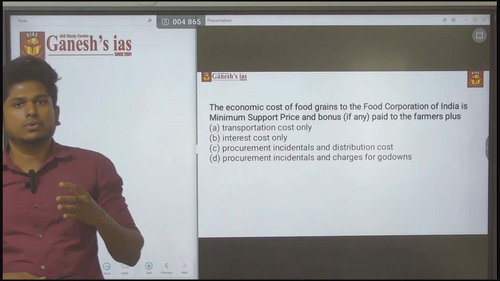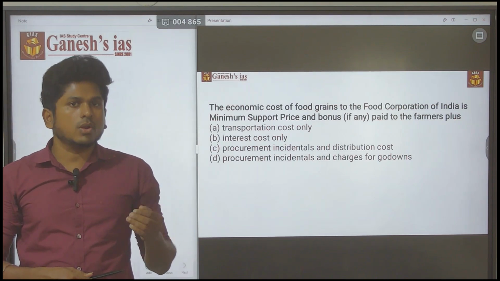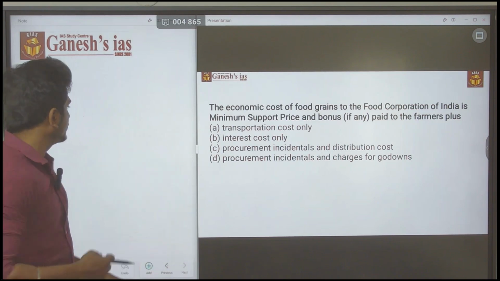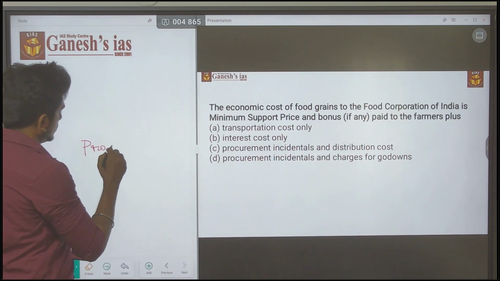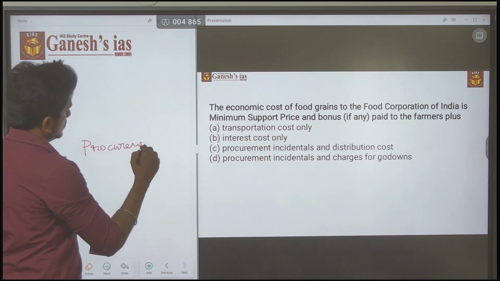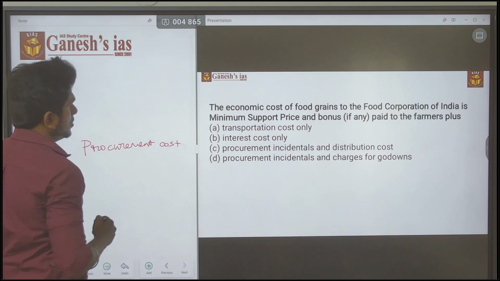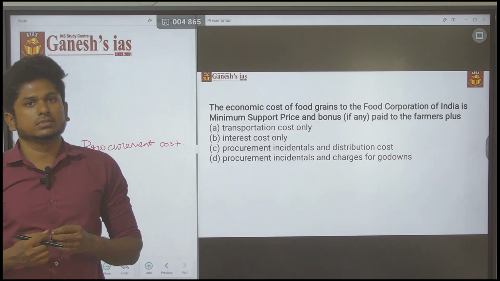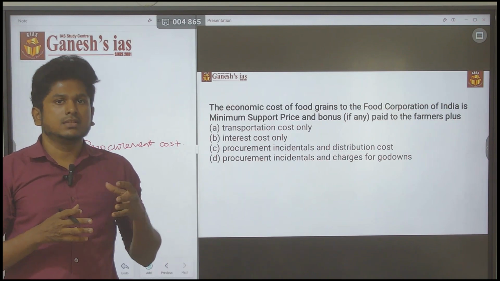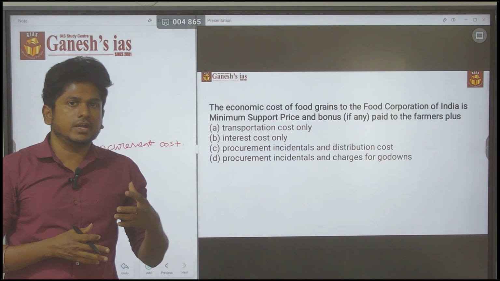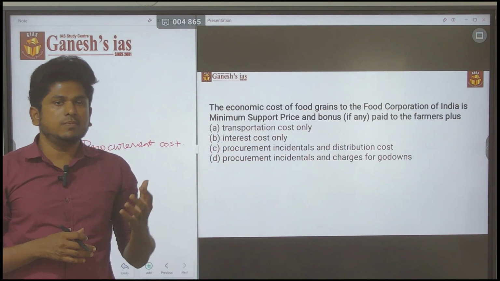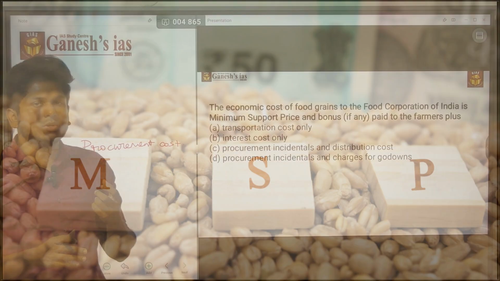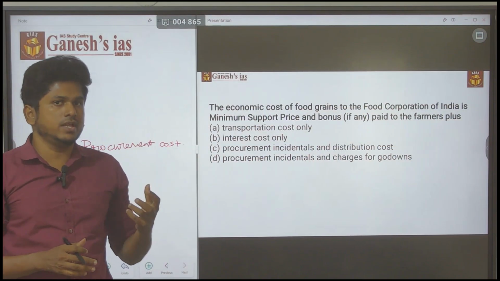The Food Corporation of India is going to purchase. They are going to procure from the farmer. If there is a price crash, the Food Corporation of India goes for this activity. They will buy all the produce from the farmer at the price of MSP. So the procurement cost of the Food Corporation of India will be